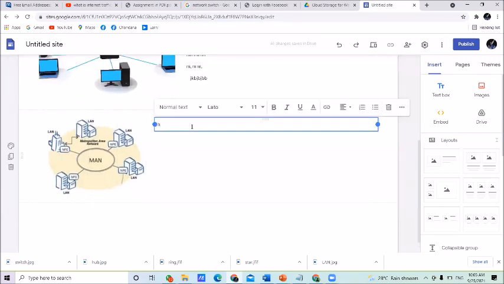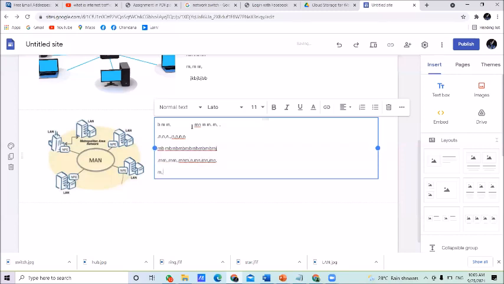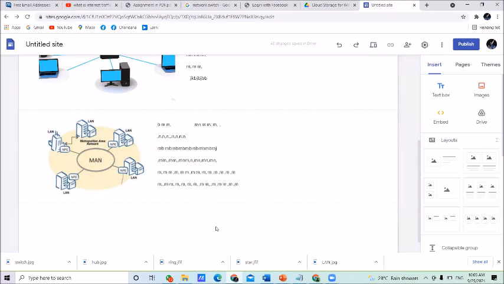Here, give the description. I am not giving the proper descriptions. I am only typing characters here. In your case, please add the description here. Right. Is it clear up to now? Now do you have an idea about how to do the assignment?